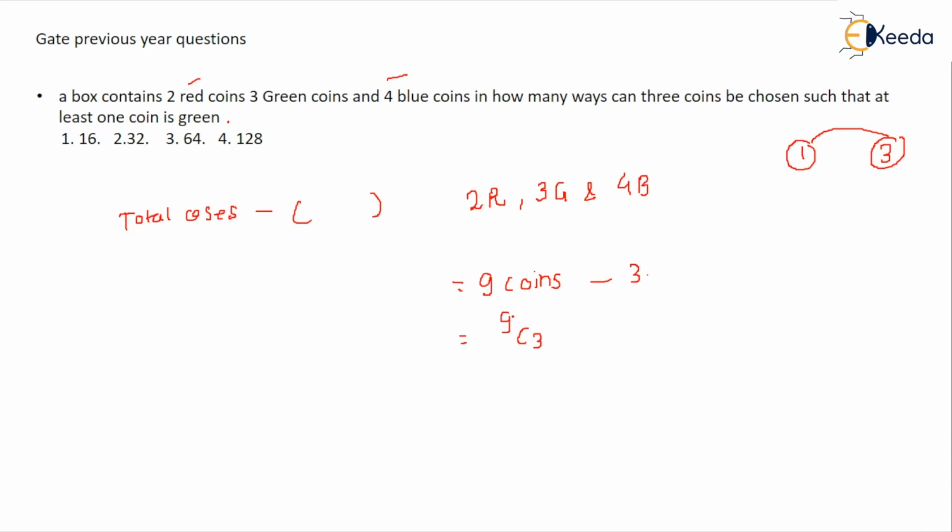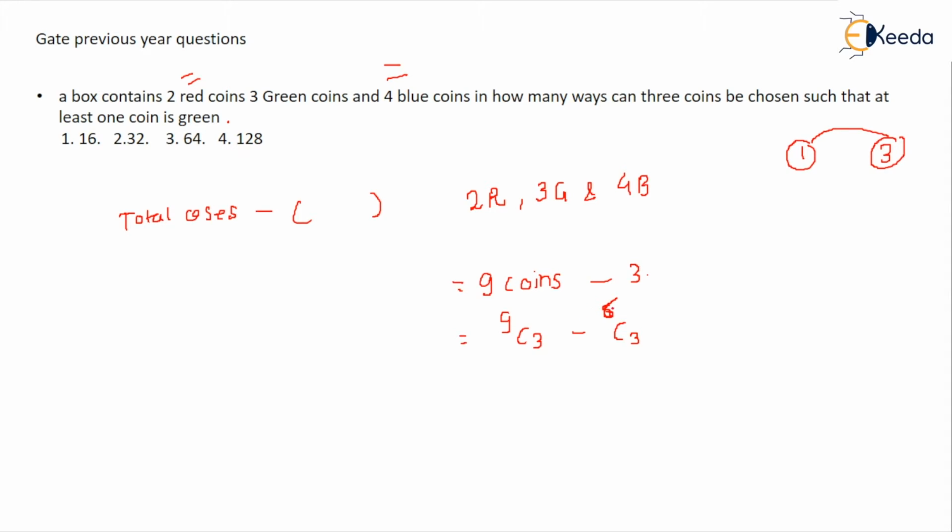So a similar thing we have to do here. Out of total 9 coins, we choose 3 coins, and out of those we can separate those cases where the coin was not green. The colors left are red and blue. So if we subtract from total cases the ones which are not green, we will get the cases which were green, right? There are not 5 coins now, but 2 red and 4 blue, that is 6. Total we have 6 coins now, and out of those remaining 6 coins we have to choose 3 coins because we cannot include green here, right?